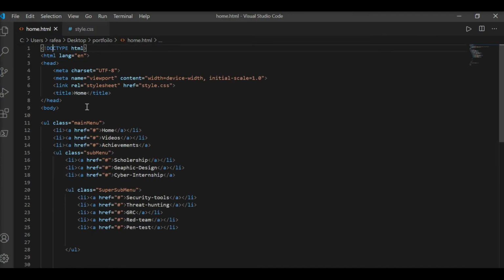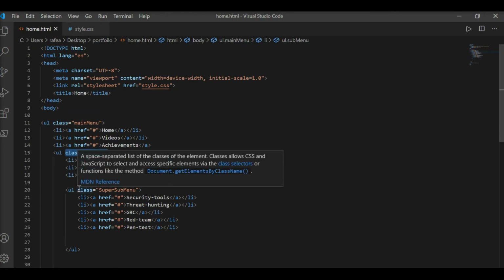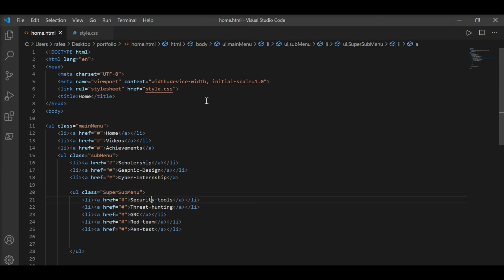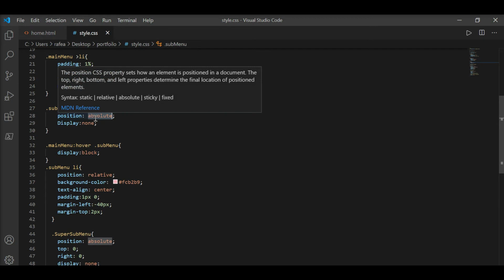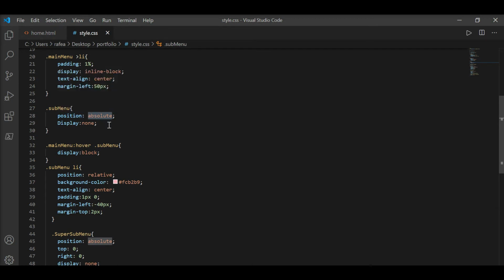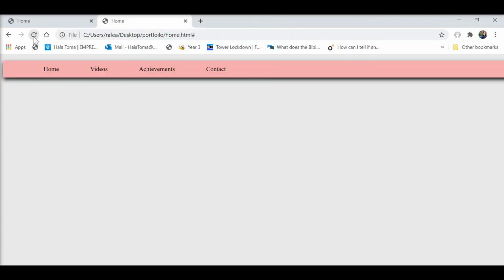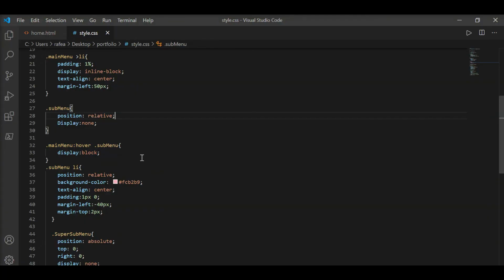Here, I named the class submenu for the second one, and for the third one, I named it super submenu. So for the submenu, we should give it the right position, which is absolute. For example, if we didn't give it absolute, like if it's relative, see the difference. Okay, let's get back